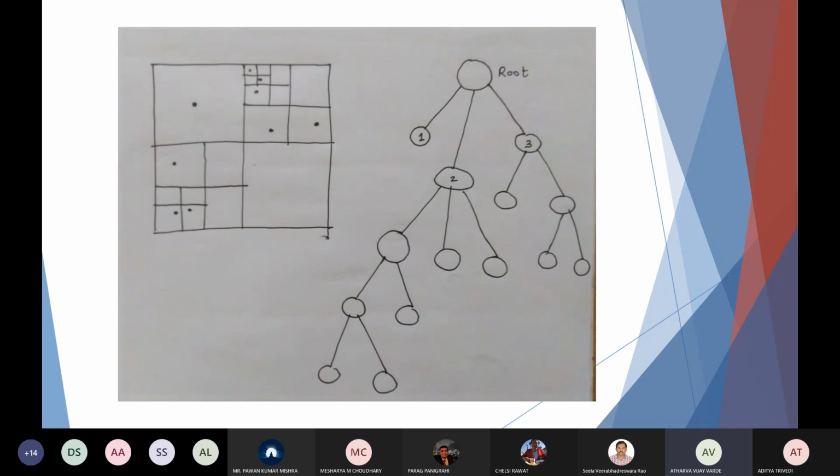Then node number two represents the top right corner, or the first quadrant, which has a large number of points clustered closely together. So we go on splitting and increasing the levels, that is, we go on decreasing the side of the square until each square contains exactly 1 point. So we can see how it will look as a tree structure, with pointers and everything.